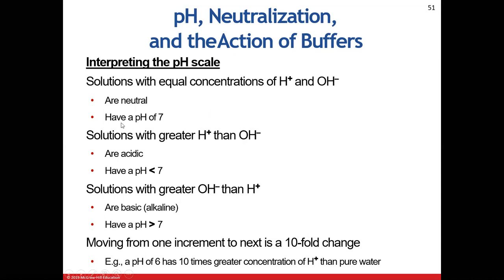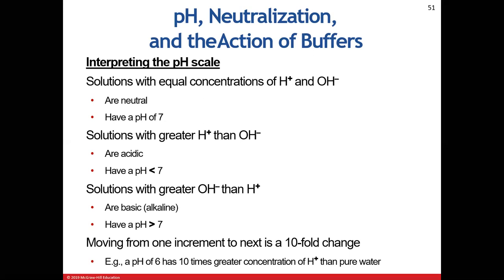As we start to add more hydronium ions, we're going to see the pH go down. Again, these are acidic solutions or acidic substances, and they have a greater number of hydronium ions than hydroxyl ions. We also look at the basic component, or what we consider alkaline solutions. These have a greater hydroxyl ion concentration than hydronium ion concentration. So we're pulling more hydronium ions out of solution, and that gives us a pH greater